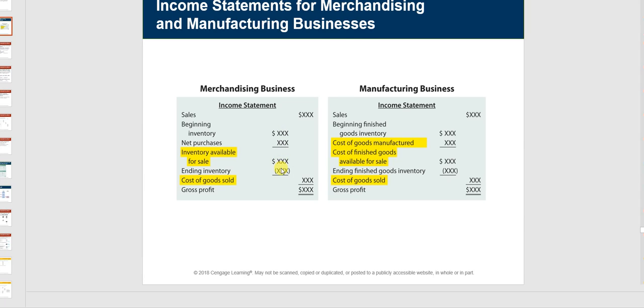And if I have 30 left, then I must have sold 30. So I'm going to do the same thing but with costs. All right. In a manufacturing one, I don't purchase it, I manufacture it. So this is beginning inventory plus cost of goods sold. So I'm going to go through that one. I'm also going to